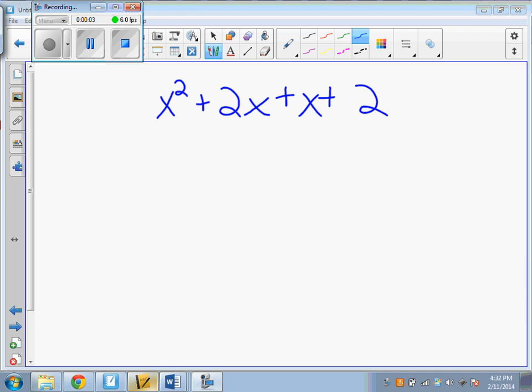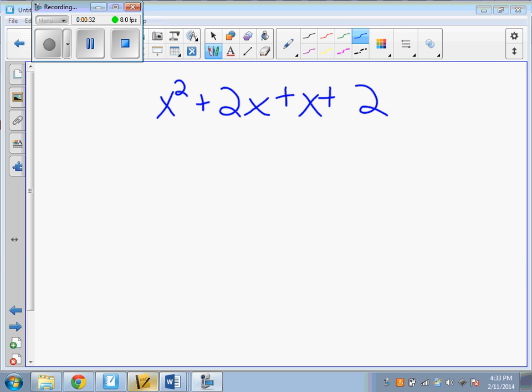For those of you who would like to see another example of factoring by grouping, I'm doing the second whiteboard practice problem on your guided notes. It's x squared plus 2x plus x plus 2. So remember, our first step is we want to group the terms together that have a common factor and then factor each group. So I see the first three of my terms all have a factor x, but the 2